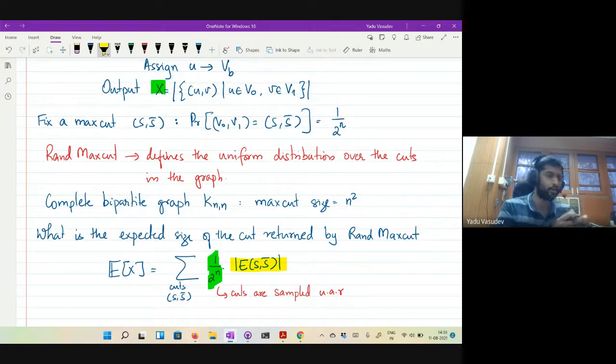If I just tell you what the cut is without telling you the structure of the graph, this seems a very hard thing to compute. So this first principles calculation might not yield a very satisfactory answer. And this is where it is sometimes useful to think of this random variable as being composed of simpler random variables, which are easier to analyze.